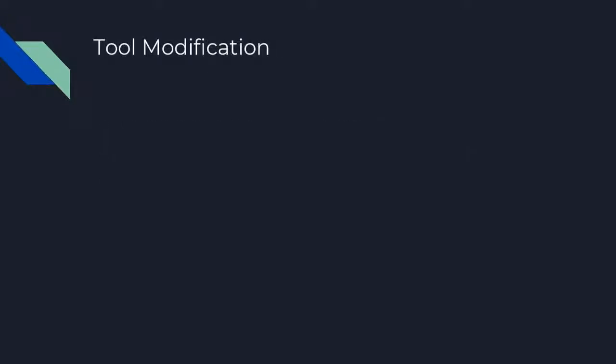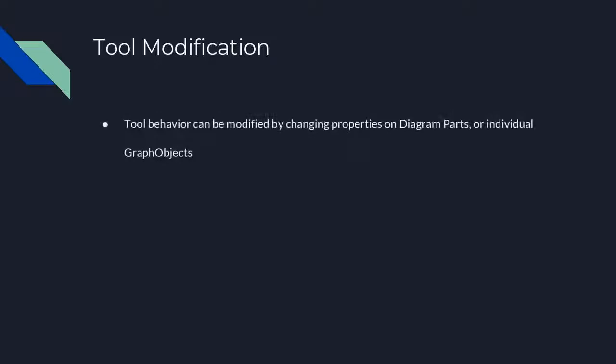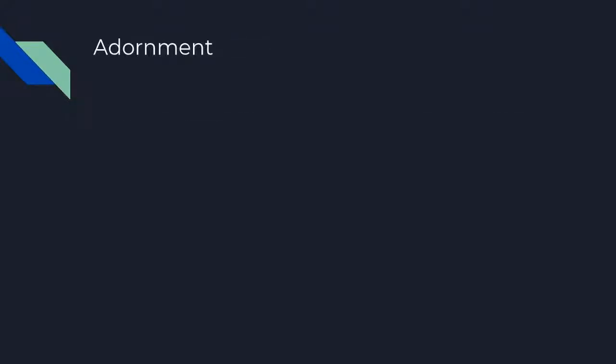If you want to change the interactive behavior tools manage, in many common cases, you may do so by setting properties on the diagram, your parts, or on individual graph objects. More generally, you may need to modify one or more of the tools. This can be done by setting properties of tools, or in more extreme cases, overriding tool functions or even subclassing tools entirely. We will not override tool methods or subclass tools in this video. The remainder of the introductory tool videos focus on how to tweak tool behavior by setting properties on a tool, diagram, or part.